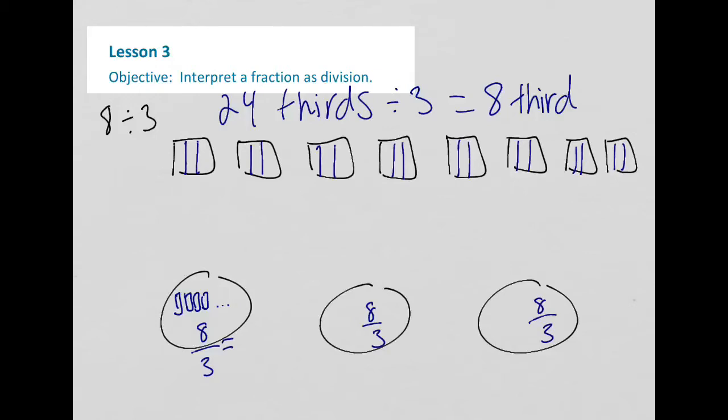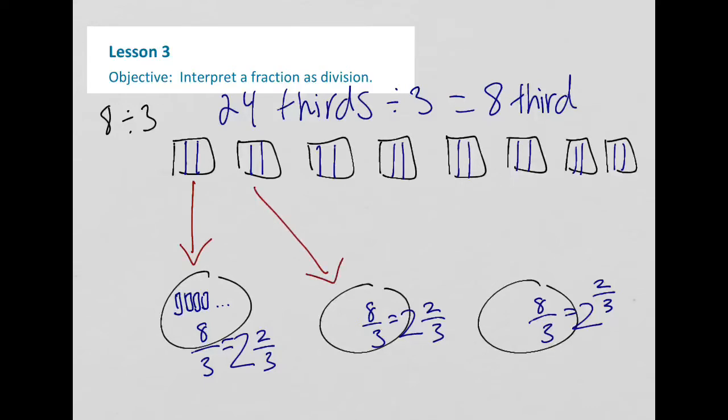And another way of writing that, because I can take out 2 wholes and then I have 2 left over, is each person would get 2 and 2 thirds. This would have worked as well if I thought about them in full groups, where this person gets this whole cracker, this person gets this whole cracker. If I distributed them out by whole crackers,